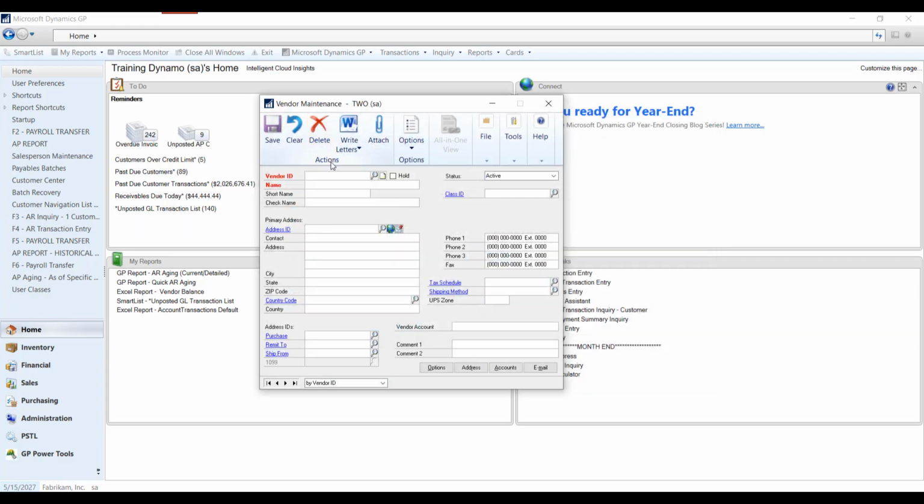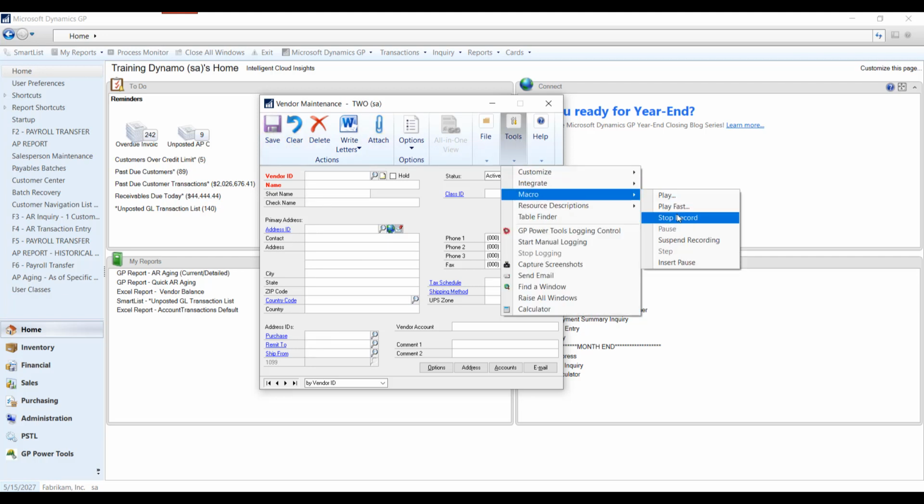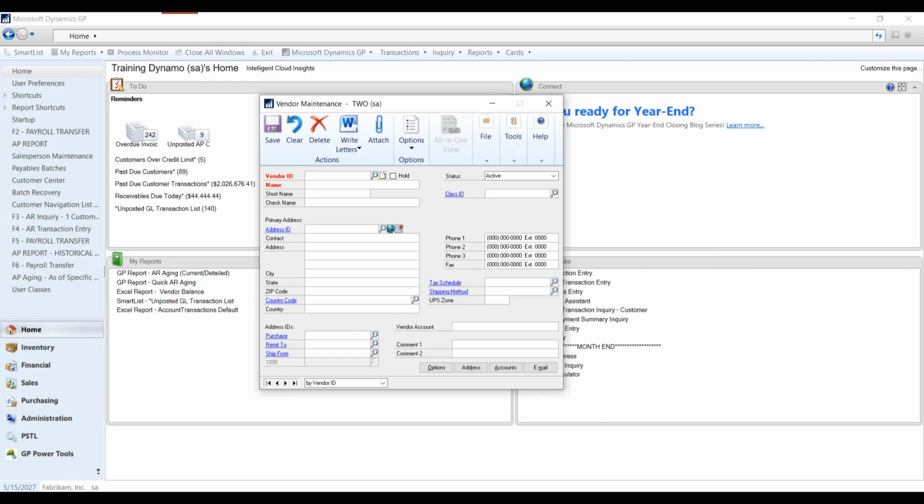And we're just going to go test. I did a test vendor one earlier, so we'll get rid of these later. I'm making that one word because I'm going to get rid of that in just a second. All of mine happen to be in the same class, so I'm just going to put that. And I'm going to put an address ID, and then I'm going to hit Save. Now I hit Tools, Macro, and Stop Record. Go back over to my replicator,